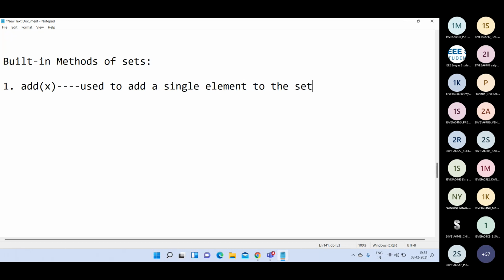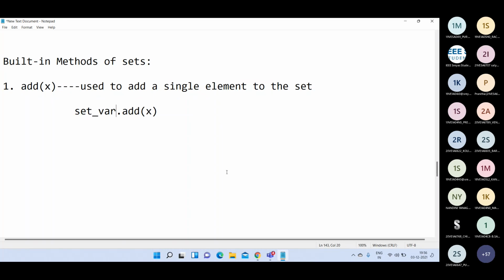Single element add cheyali ante ganaka you are going to use this add function. The syntax is s dot add of x, where x is the element and s is the set variable. Whatever element you are passing as x will be added at the end directly.